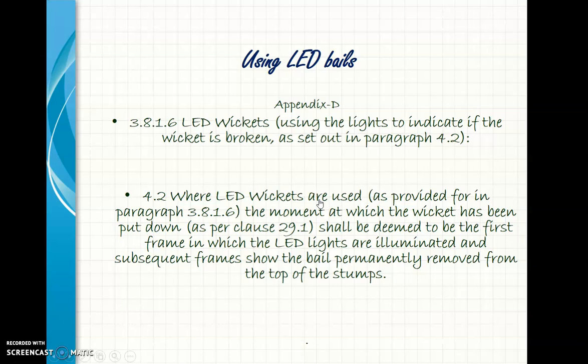So when the third umpire considers the condition for the wicket to be put down, the frame which starts from the illumination of the first light will be deemed as the first frame in which the LED is illuminated, and the subsequent frame should show that the bail has been completely removed. In all, the condition is the same for the bails which use LED lights.